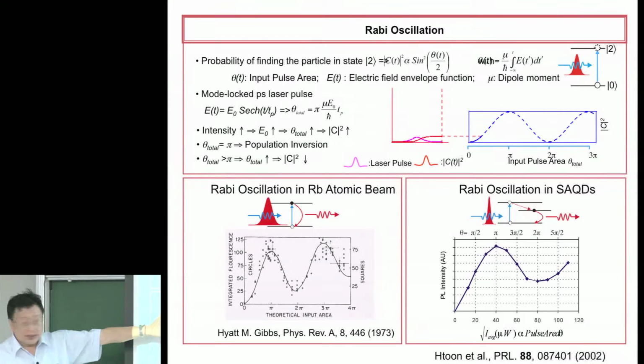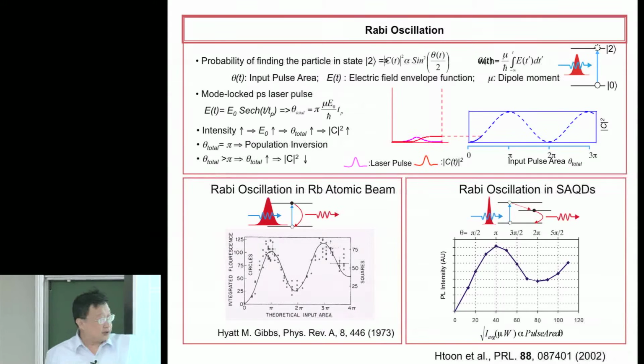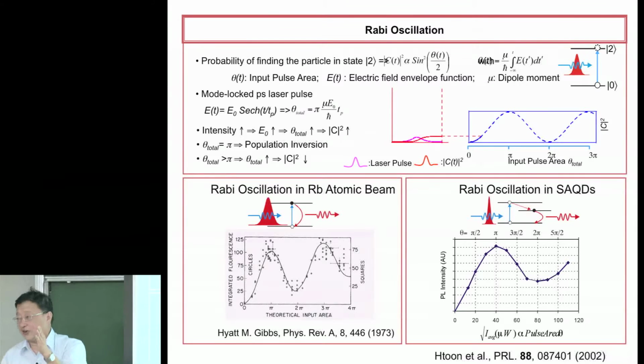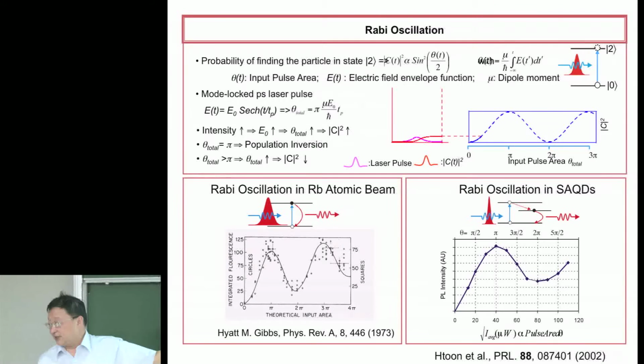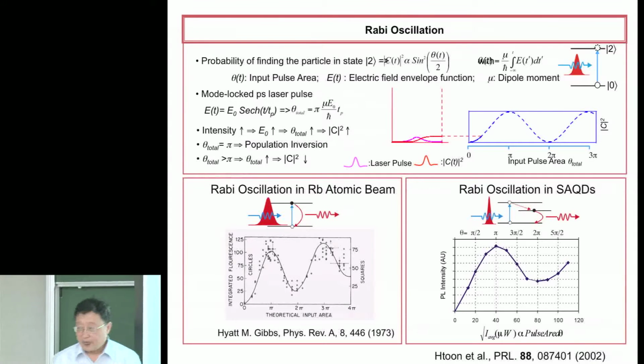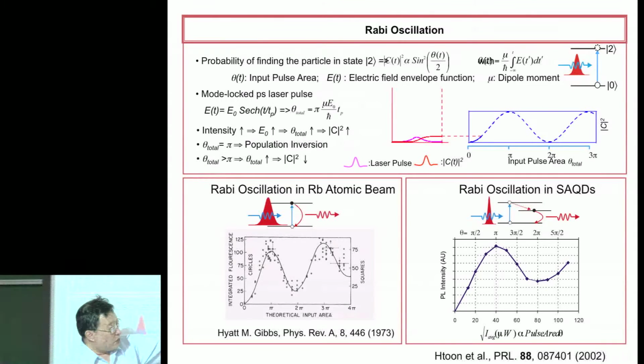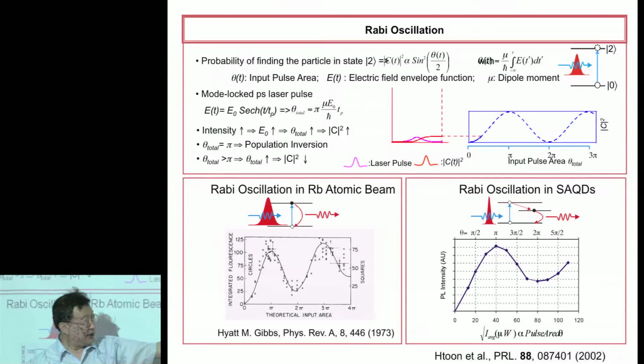In the old days, the lifetime was very, very long. So when the laser pulse came in, during all of that scattering time, they just didn't look at it. They just shut off the detector. Then after the pulse completed, they opened up the detector and looked at what intensity was coming out, and they did that. Now, when you do it for a quantum dot, it is very difficult to do that,